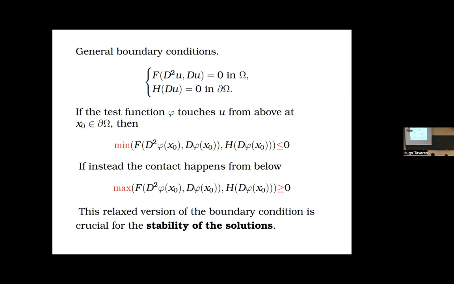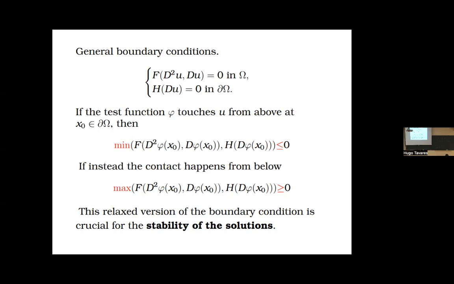So you're mixing two types of equations. This was already observed before in the literature, and it is called general boundary conditions. General boundary conditions appear, for example, if you want to solve an elliptic equation in the interior of your domain, and then you have some sort of general Neumann condition on the boundary. Okay? And in this case, notice that to define sub and supersolutions, including these two operators, you have to do something funny